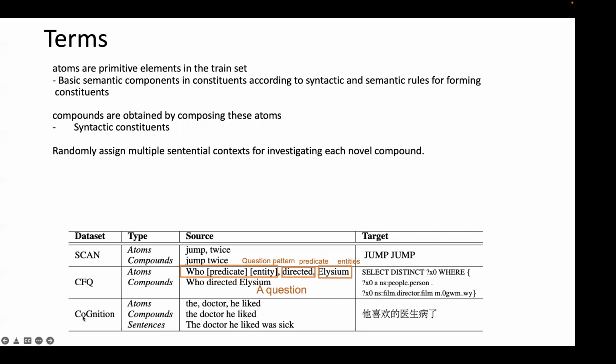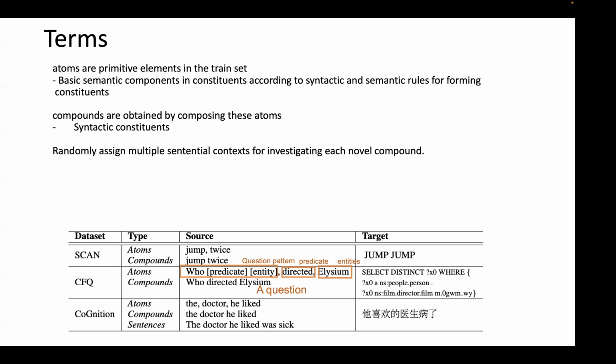In this paper, they address the problem of NMT, but actually this idea can also be used for other datasets. For example, in this dataset, their compound is kind of like an instruction, and their output is kind of a converted version of that. And for this question, this is also like a code generation problem. In this case, their atoms are a question pattern, and then what you can fill in the pattern. And the compound is a combined solution, and then your target is what you